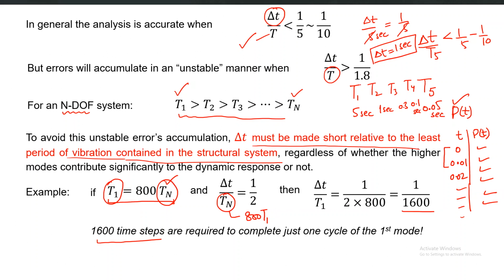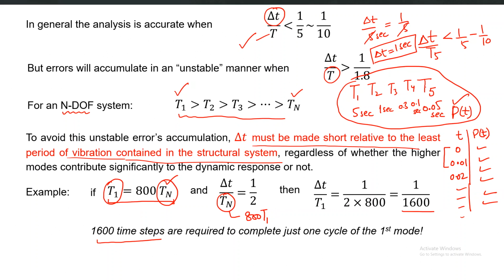Now the response of the structure will have contributions from all 5 modes, and T2, T3, T4 and T5 are less than 1 second basically. So when you are using a very large delta T, you are expected to not be able to capture the response of T3, T4 and T5.